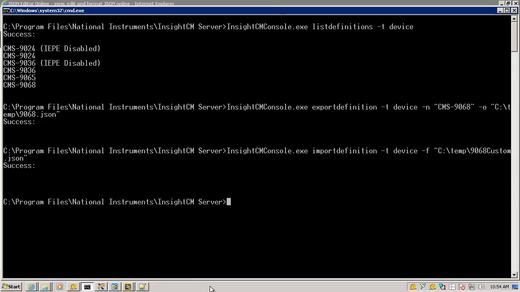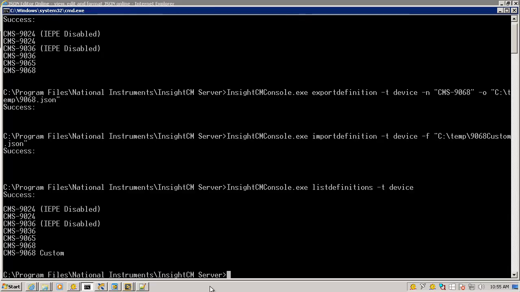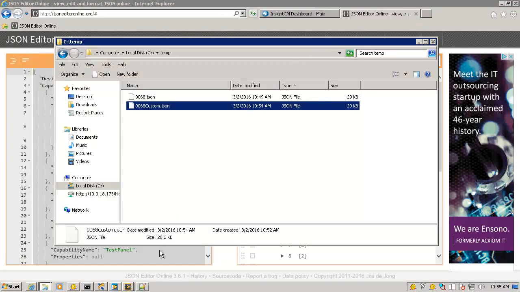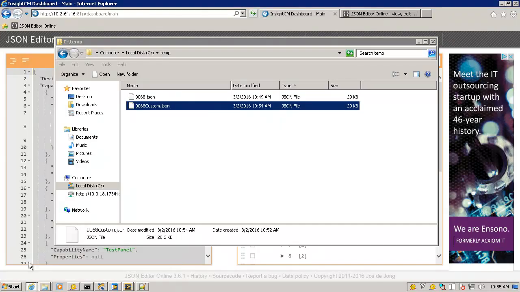And we can check this by going back to the list definitions command, and you can see now that your custom device has been registered with the server side by side with all of our standard devices. The final step before we can add this device from the web is we have to upload this image to the server. Right now this image just exists on your development machine, but we need to go to the server through the Systems Manager,